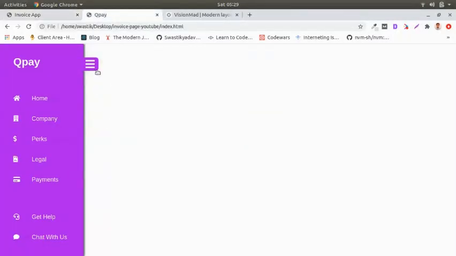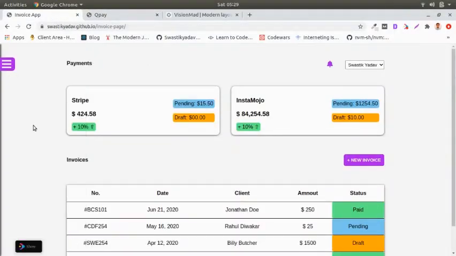We built the sidebar completely functional, and in the next video we will be building the main page and making it responsive. All right, and then in further videos we will also be writing and configuring a blog page for this invoice web page, and we will be configuring it to have good on-page SEO, right? Because we know that this channel Vision Mad is about marketing and business for web developers. So we built this, which is not the hard part. We will now move on to SEO once we build the main home page and make it responsive.